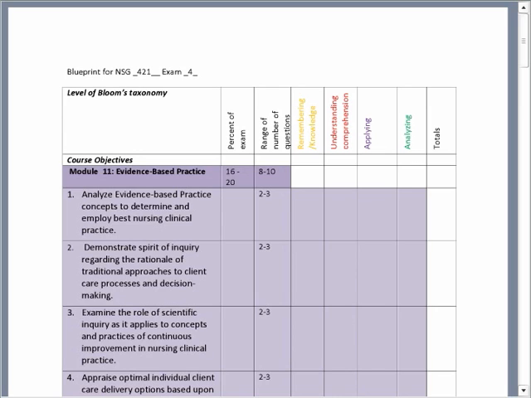Second objective is that you should be able to illustrate examples of individual and then system factors which positively impact the culture of safety to result in improved patient outcomes. Well, that's just saying I need you to be able to give me some examples of individual factors that positively impact safety, resulting in improved patient outcomes, and then system factors that positively impact the safety resulting in improved client outcomes. So